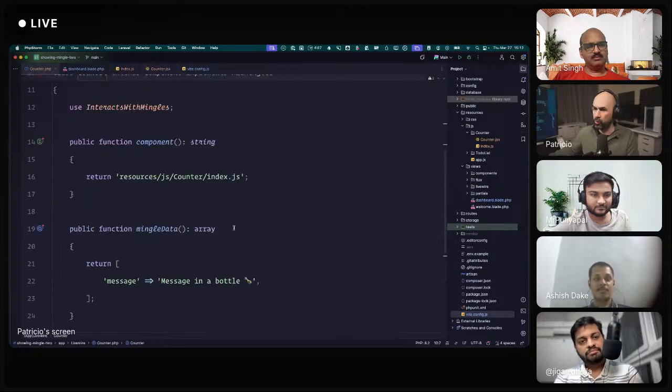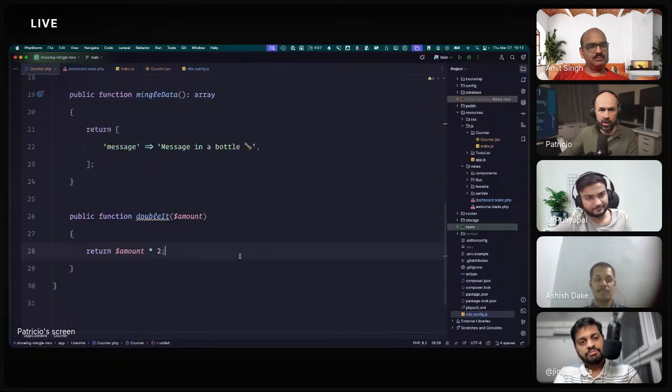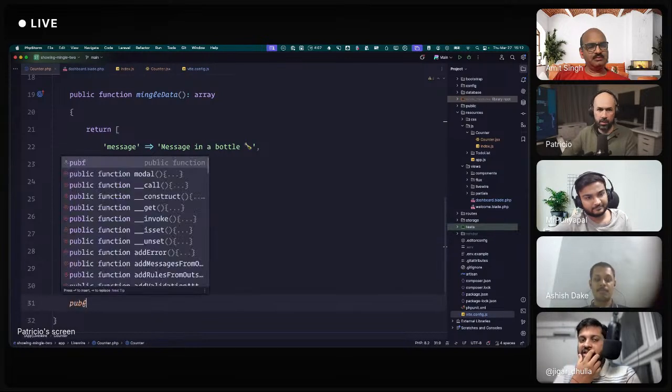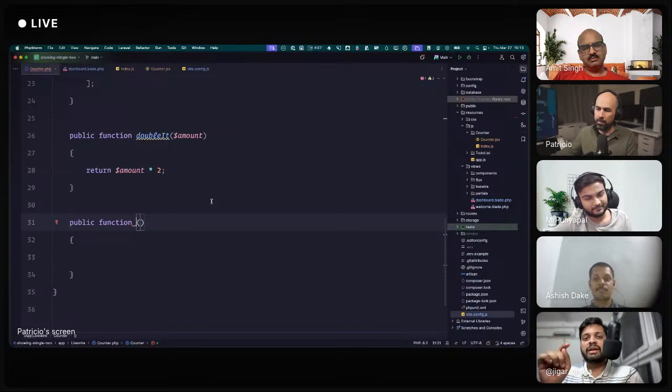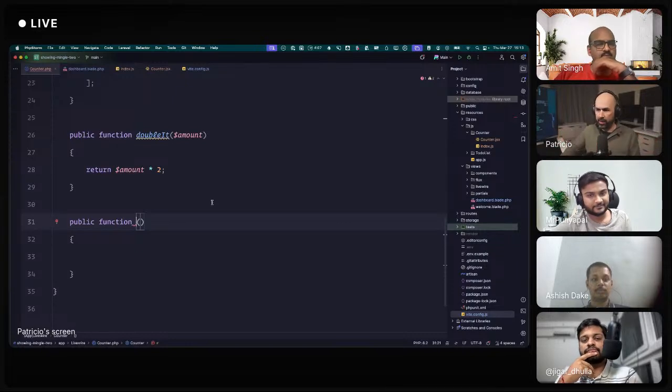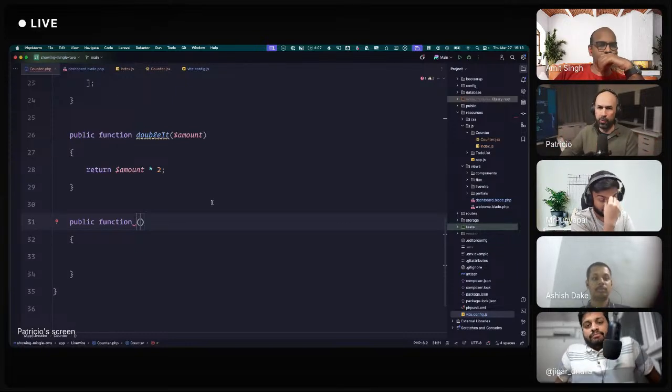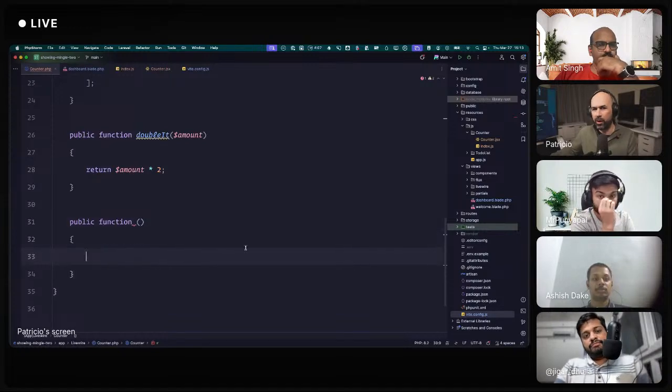So we just have to go to the counter, and you said you want to see something happening from the backend, right? Yes, because this component is front end, like React, and actions are being taken at the front end component level, and how Livewire is getting aware of that. That's where the mingle is coming into the picture, right? Yeah, so we have both, right? In React, we can have the best of both worlds. Yes. So how do you want to see that we are on the backend? You want to get the contents of a file, for instance?